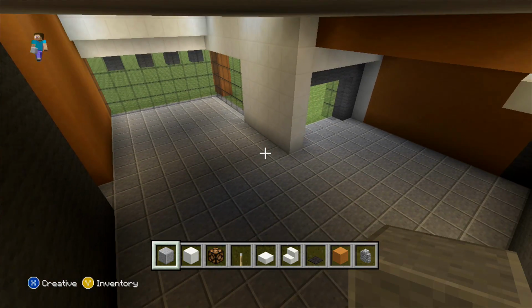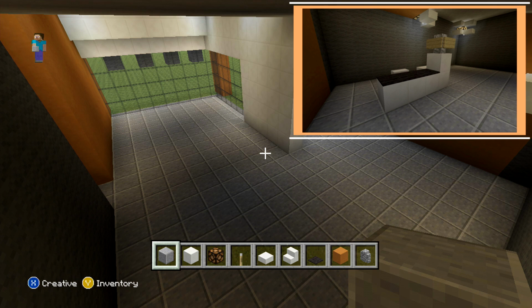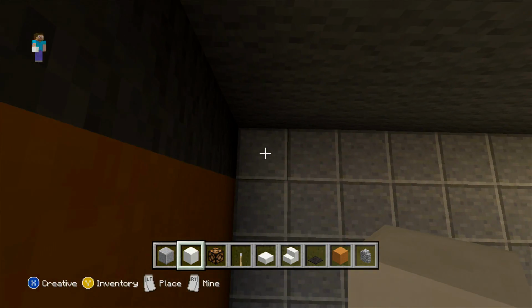And there you go, that's all of our floor sorted. So what we're going to work on now is going to be our till, and then we should need to add some shelves in afterward for our stock. So for our till then, you just want to come to the corner over here, we just want to count another 3 blocks back, and then on the right of it just another 2,